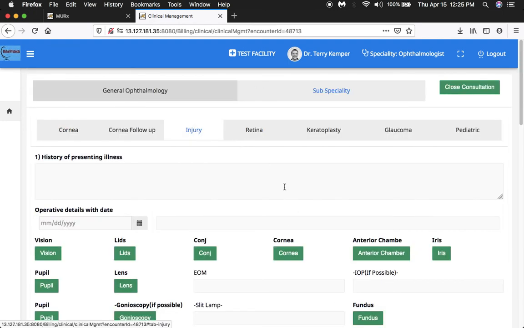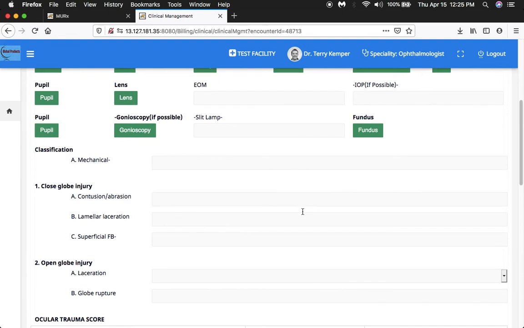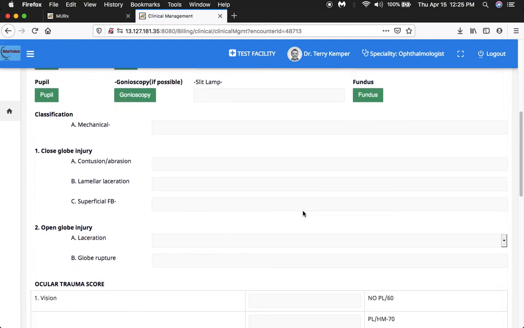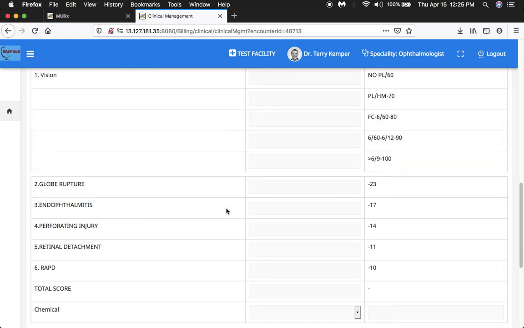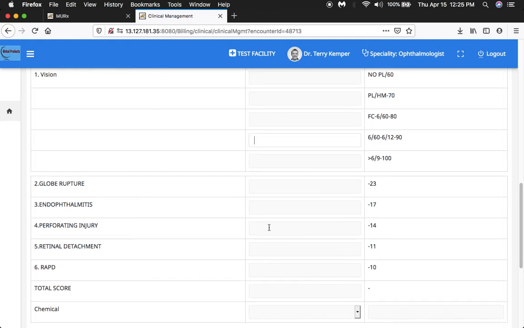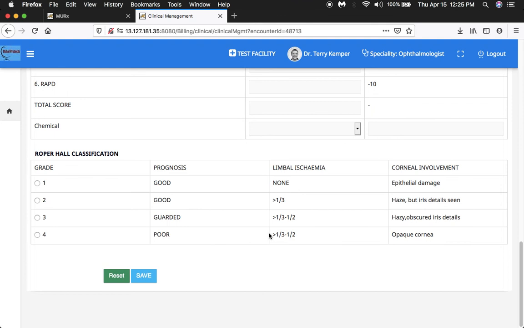Next is the injury subspecialty. Details for any injury can be saved, such as classification, mechanical closed globe injury, ocular trauma score, Roper Hall classification,